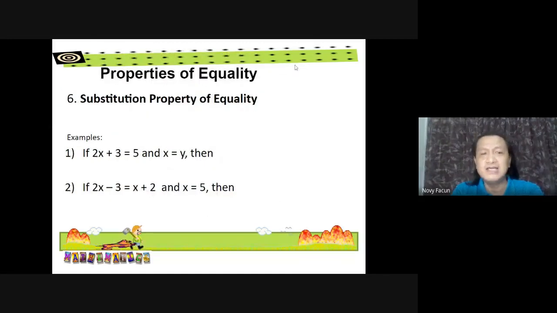Okay, so last one, this is called substitution property. Saan madalas ginagamit ang substitution? Kapag nag-checking tayo or nag-evaluate tayo. So example natin, no, if